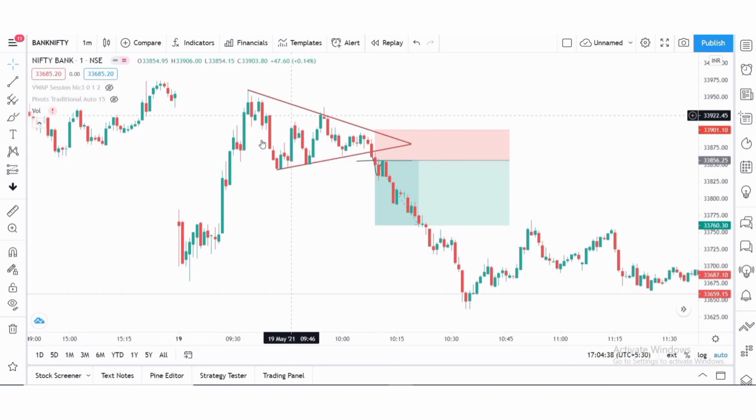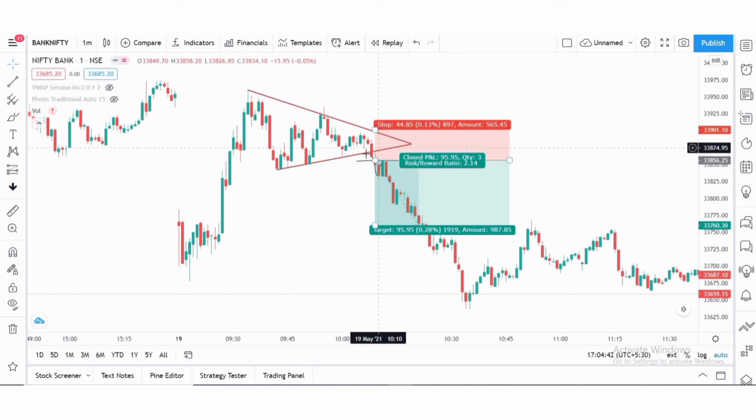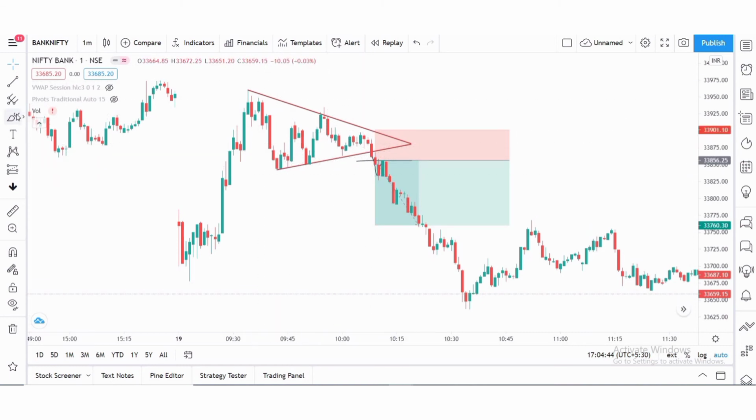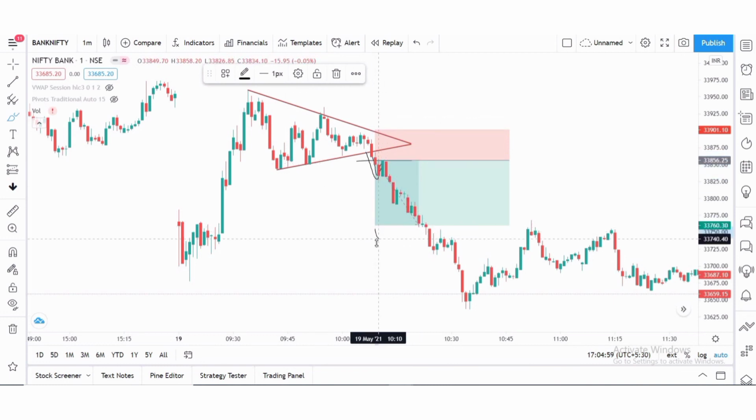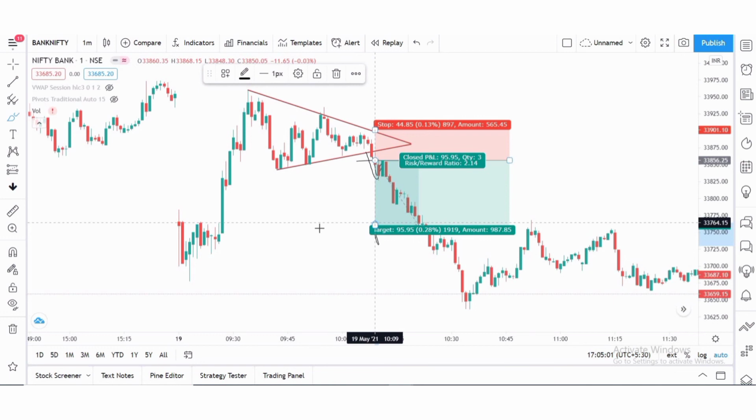Now it's a narrow consolidation, higher lows and lower highs, and after that it gave a breakdown, and this was a retest. This was the perfect time to short Bank Nifty, keeping the stop loss on the upper side of the upper trend line. So yes, we shorted here, and we can keep our risk reward ratio 1:2 or 1:3, whichever is favorable. I hope you got an idea what a symmetrical triangle is and how to take trades on that basis.